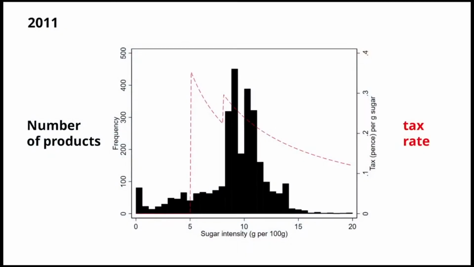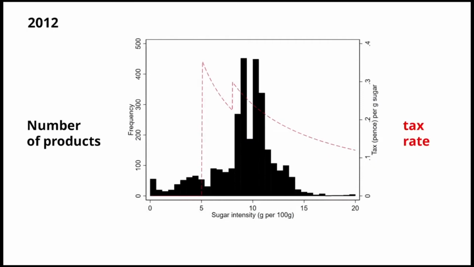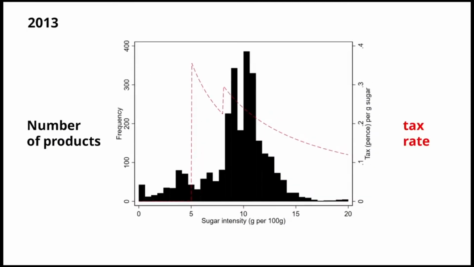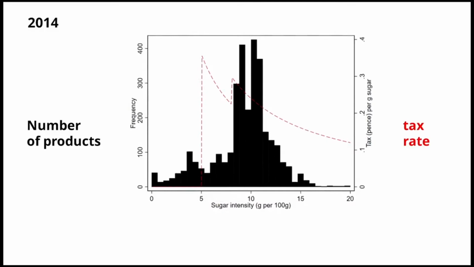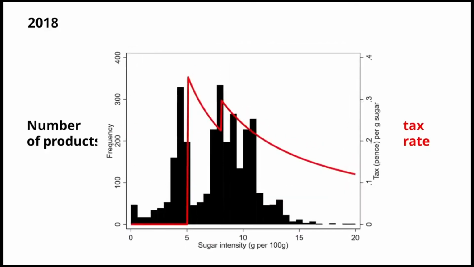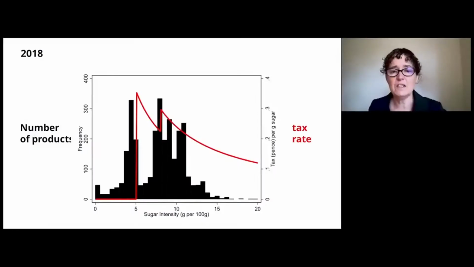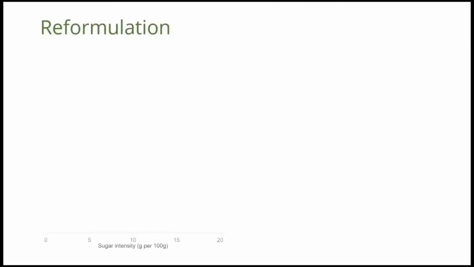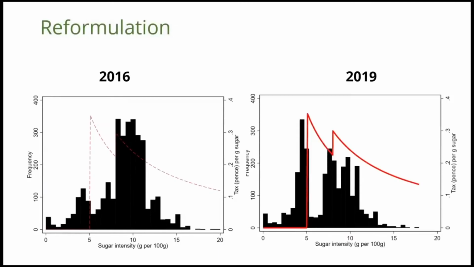If we go 2011, 2012, the years before the implementation of the sugar tax, we see that there's not much variation around that 10 gram mark. And then as we approach the implementation of the sugar tax in 2018, we see a jump to a large number of products being reformulated down to below the tax threshold of 5 grams per litre. So if we compare before and after, we see that around 50% of manufacturers reduced the sugar content of drinks, and that led to